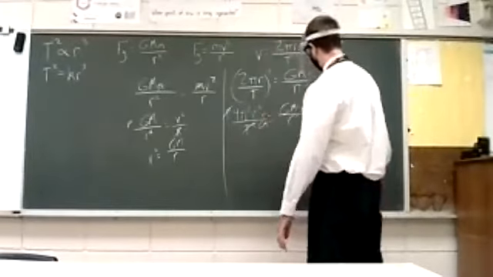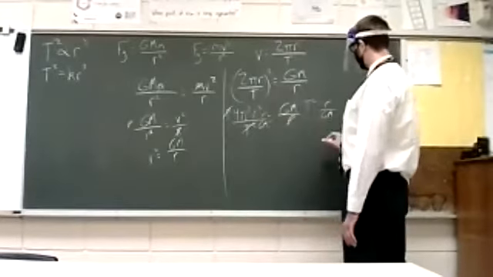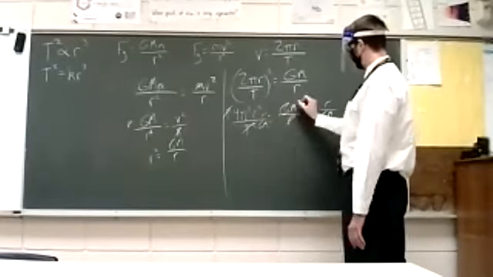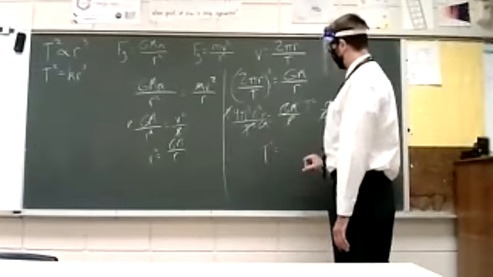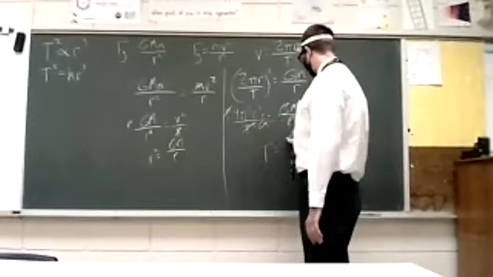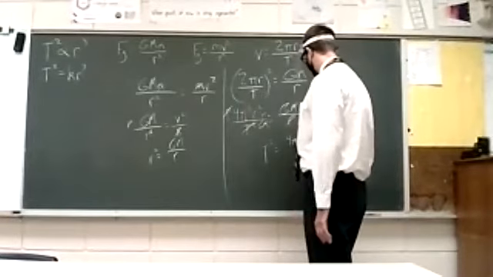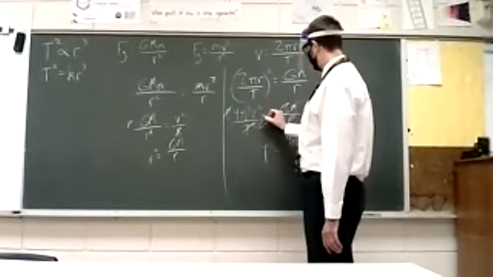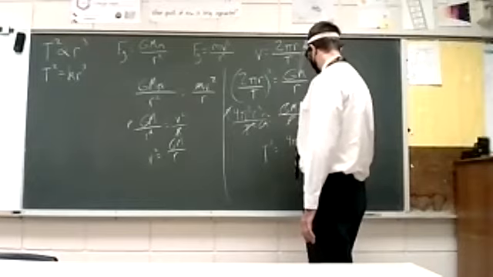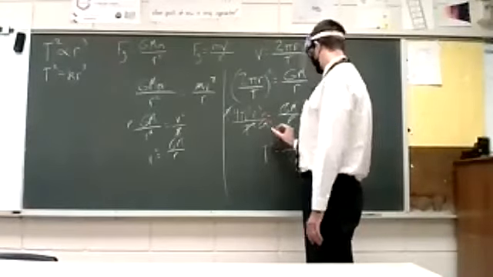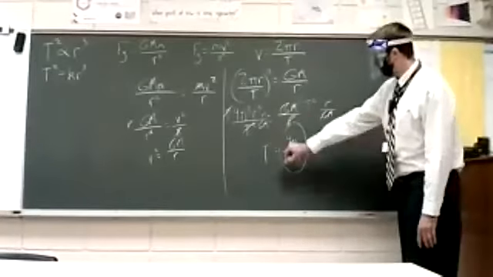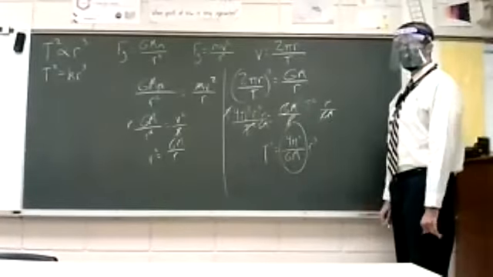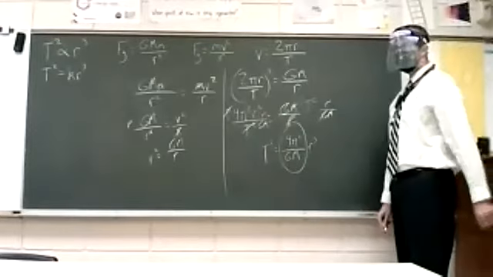The rule of algebra. So now r divided by r is 1, G divided by G is 1, m divided by m is 1. 1 times t squared is just t squared. Good. And then over here I've got the 4 pi squared. I've got r squared times another r, so I've got r cubed over Gm. Bingo. That's the constant that Kepler himself never knew, but we can calculate it here today because, as Newton said,